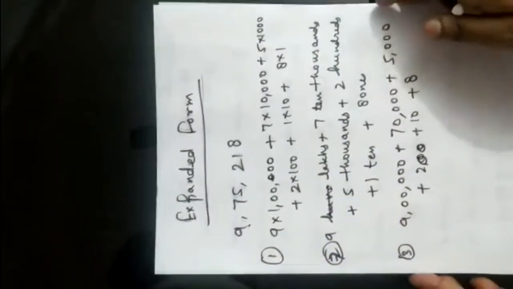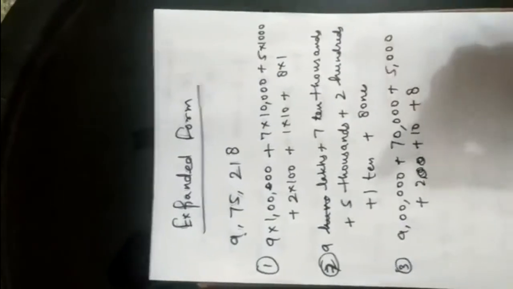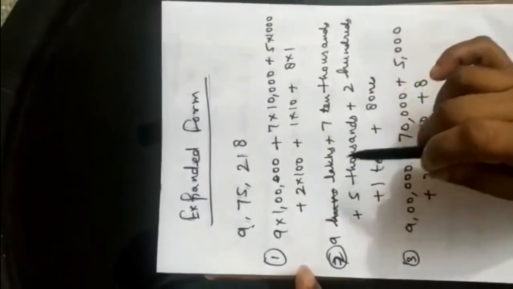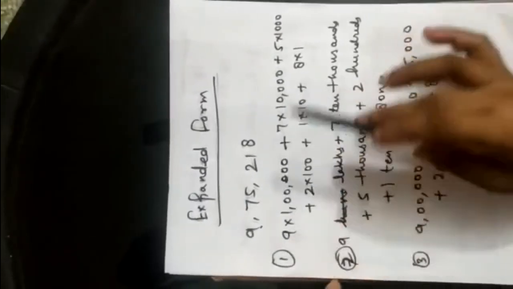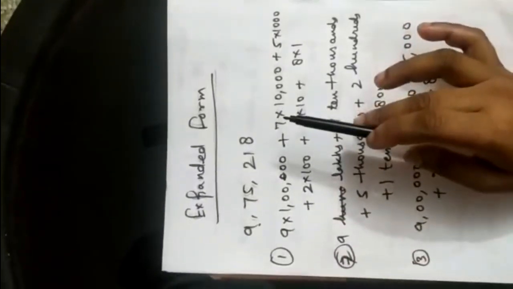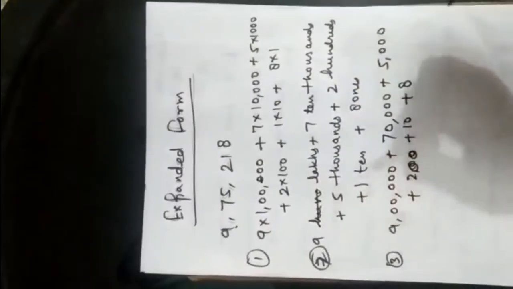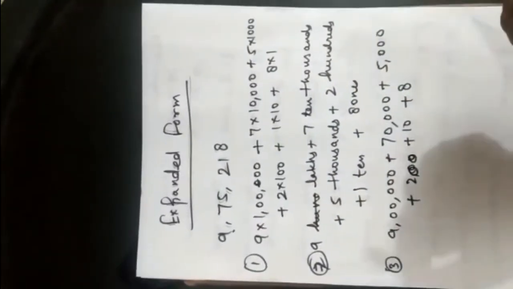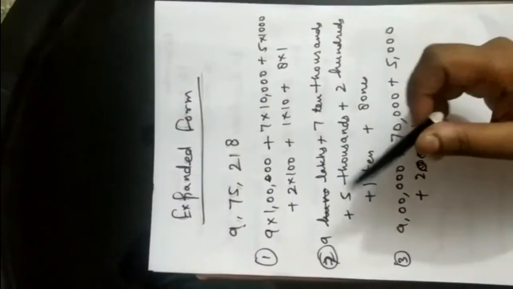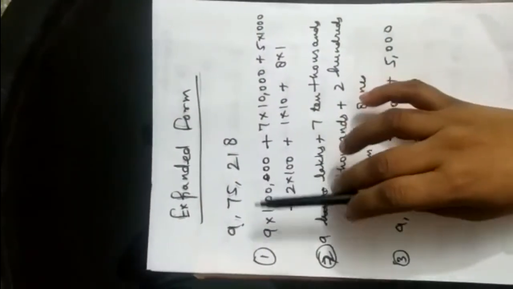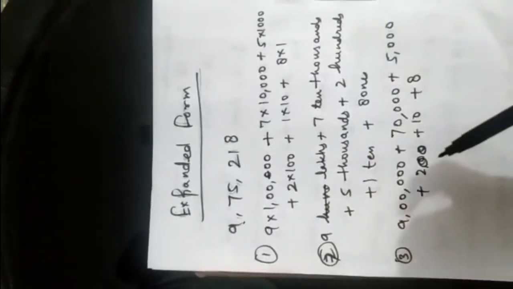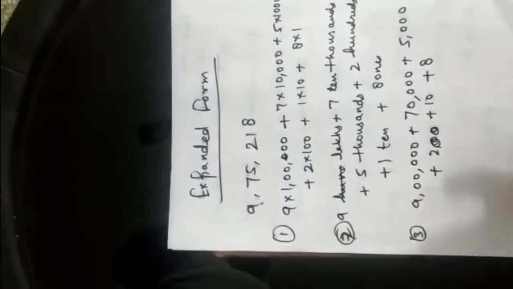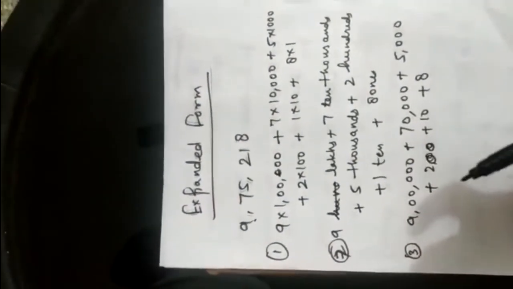The expanded form of a numeral is used when we have to write all the digits elaborately. In this way, children, you also have to learn how to convert the standard notation of a numeral into expanded form notation, and then expanded form notation back to the standard form. So all the worksheets of unit number 1 you have to do as classwork and homework.